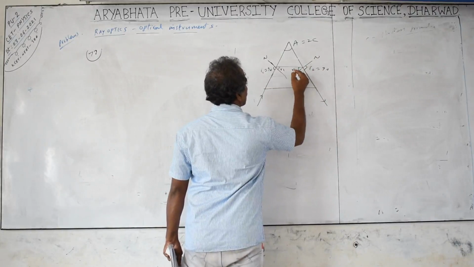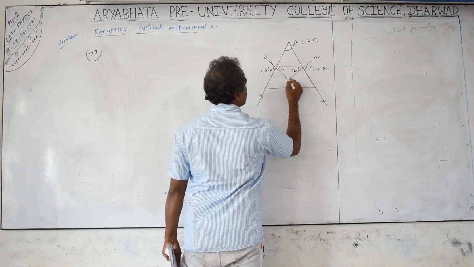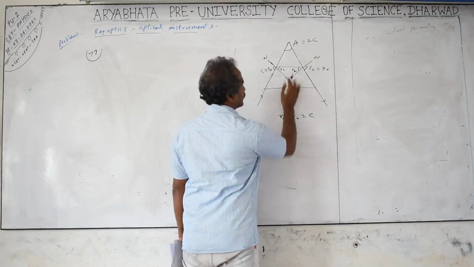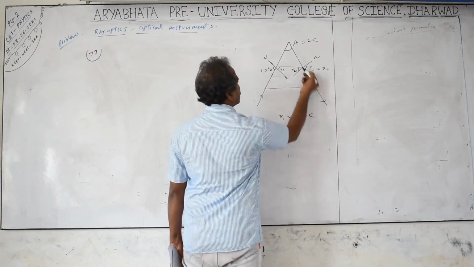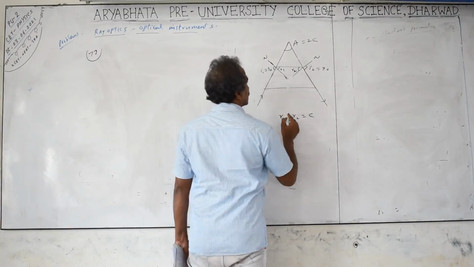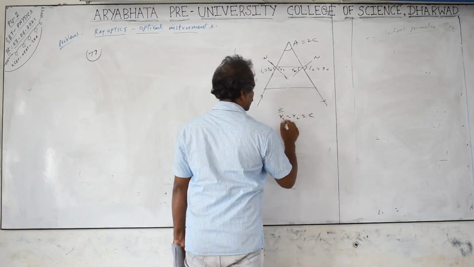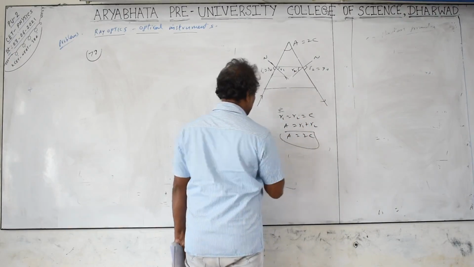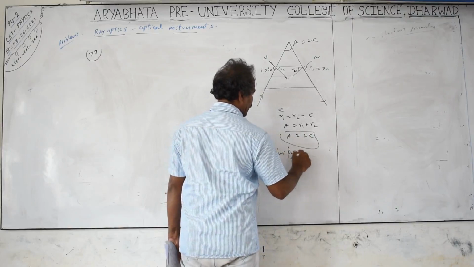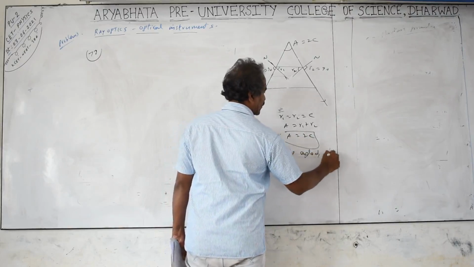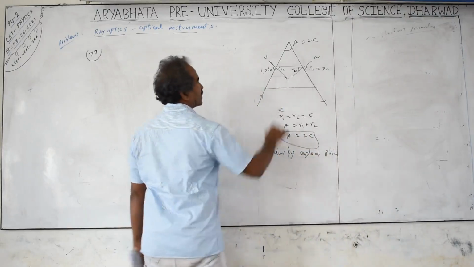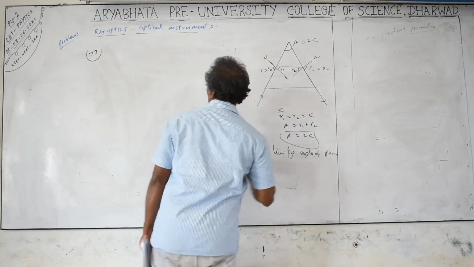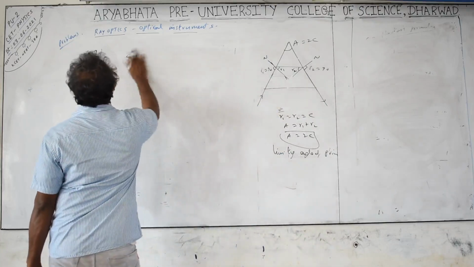This is R1, R2. R1 will be equal to R2, symmetrical conditions you have taken. So R1 equal to R2 equal to C, critical angle, because the light ray coming here grazing the surface is nothing but equal to the critical angle. And A is equal to R1 plus R2 for the triangle. So therefore A equal to 2C. This is called the limiting angle of the prism. If A is more than 2C, light will not come out of the second surface, it will undergo total reflection. And the sin C formula you have is for the limiting angle of the prism.